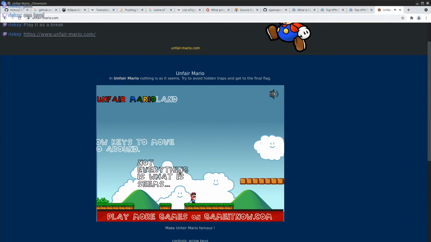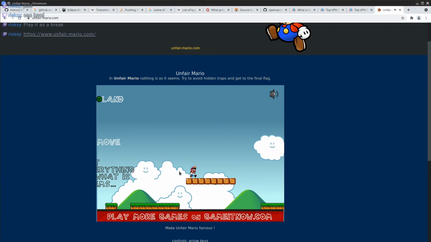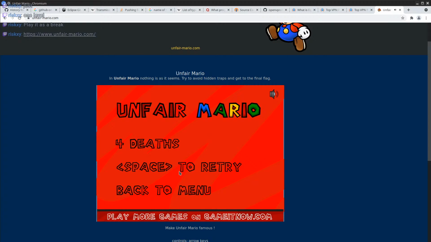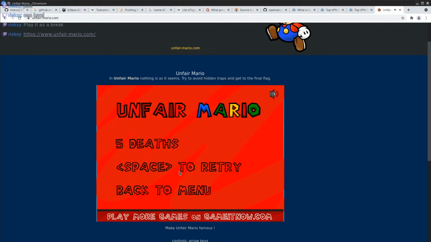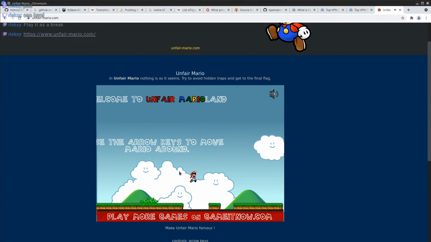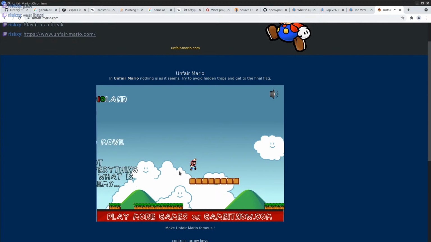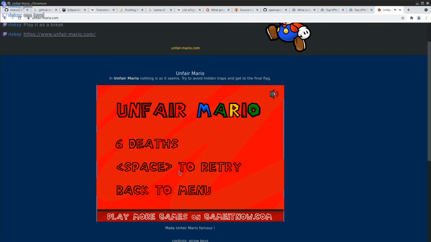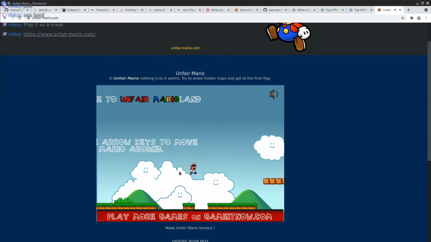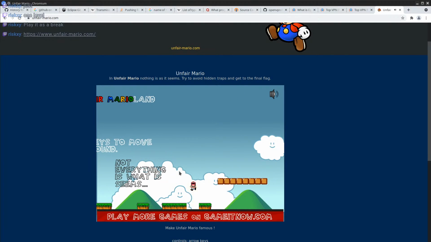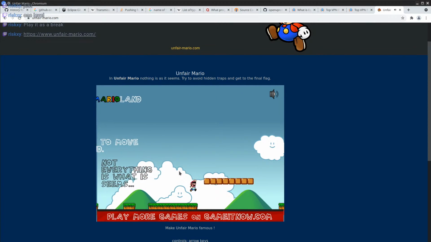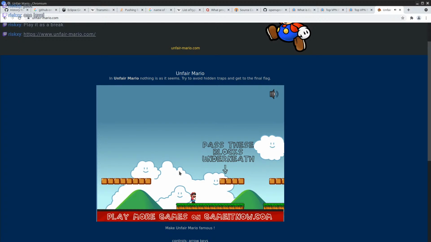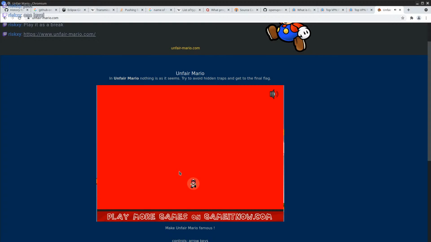But nothing is what it seems. Oh, so you can't just walk. Okay, so I had to actually jump. I'm not sure how I'm supposed to do this part. Add these blocks underneath. That's gonna be a trap, yep.